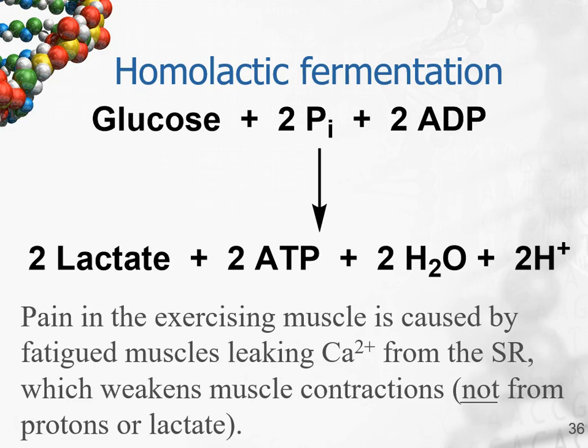So if we took all 10 reactions of glycolysis plus that, say, 11th reaction where pyruvate is converted to lactate, and if we crossed out all of the reactants and products on either side, we would get something that looks like this. So basically, in homolactic fermentation, this is the sum of all 11 reactions where glucose is converted to lactate and we get two ATPs. And in the muscle, we can do this. The ATP is generated